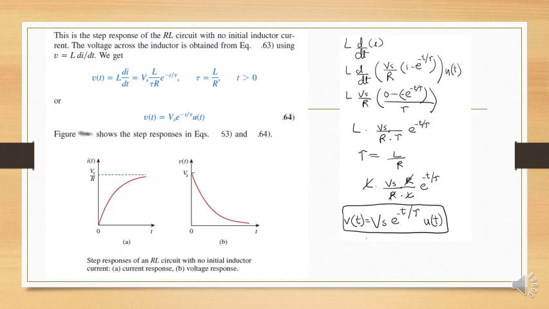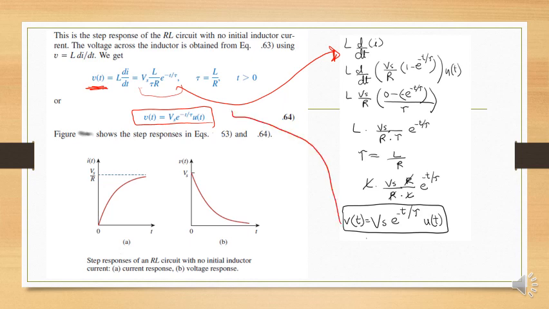Now, if we have to find the voltage with this current, what is our formula? We got v of t is equal to Vs e raised to minus t over tau into u of t, the unit step response. So how can we simplify this? We can simplify this with the help of this derivation: L into d over dt of i, put the value of i over here, take its derivative, and after simplification, as we know that tau is L over R, putting those values over here, we got this final result. And again we got the responses.